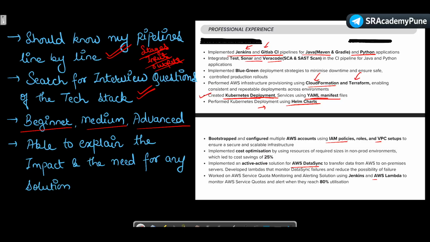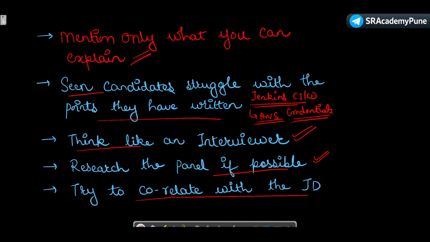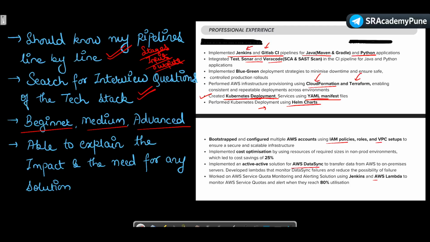So when I said think like an interviewer here, that is what I meant. Just take a topic and go to Google. Let's say you get some beginner questions. From those questions, you may get some other questions that you think might get asked. Then search for those. Then search for medium questions, search for advanced questions. Like in case of Kubernetes, they may ask you what is an ingress controller, what is a cluster IP, what is a node port. So just from one word, Kubernetes, this many questions can get asked. That is how you have to start thinking going forward.